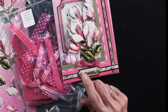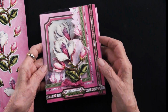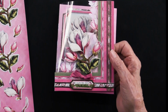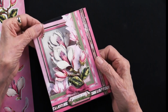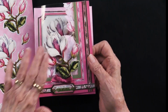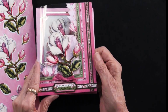Now, the acetate that she used, Heidi really loves the heat-resistant acetate, although we do sell acetate by the sheet, so whichever one you like. The acetate by the sheet is a little flimsier. The heat-resistant is a little firmer, so whatever you choose. So you're just going to layer that with foam tape and do your bow, zot it in place, and then